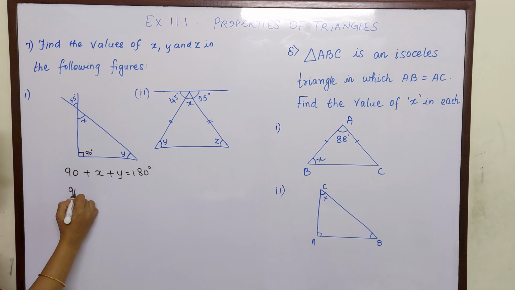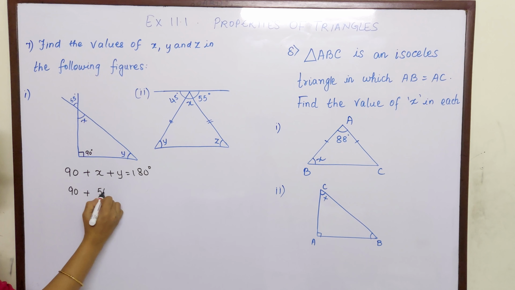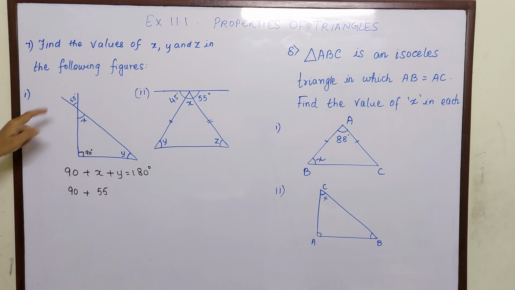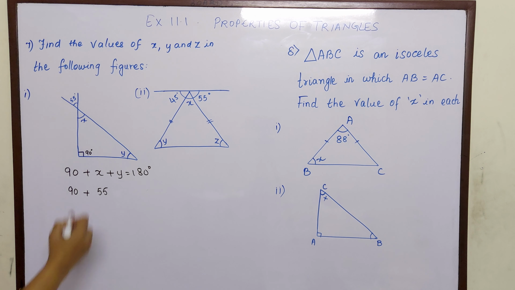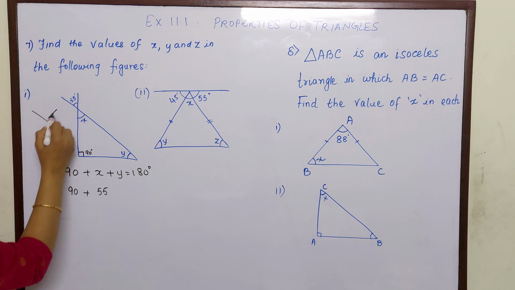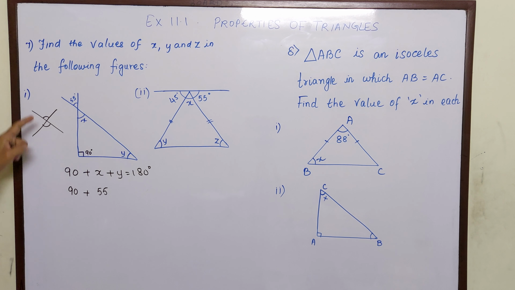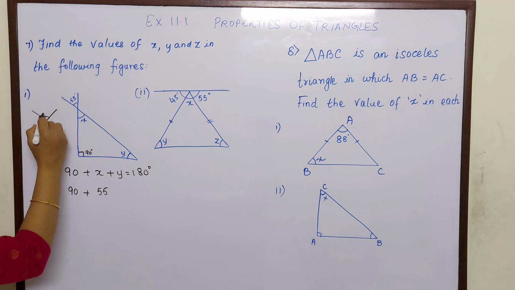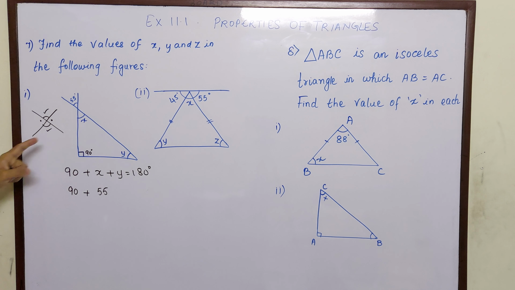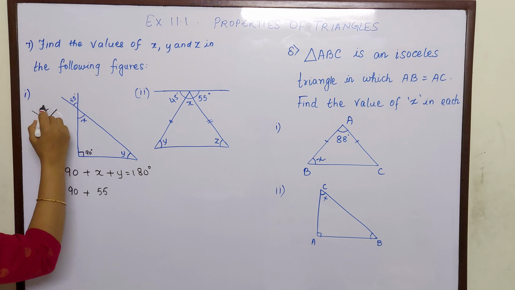Now, if I substitute x with 55, why 55 children? Because if you see the shape of this, we have learned in lines and angles that 55 and x are forming vertically opposite angles. Whenever there is a cross sign, then these two are called vertically opposite angles and they will be equal. This will be equal to this, or you can say this can be equal to this. Now here they are given top and bottom, not left and right. So top is 55. So x also will be 55 because they are forming this shape.